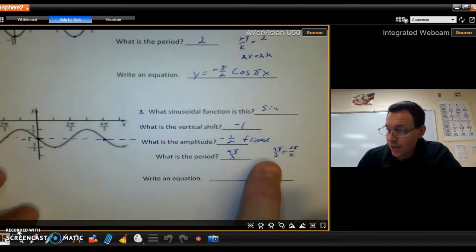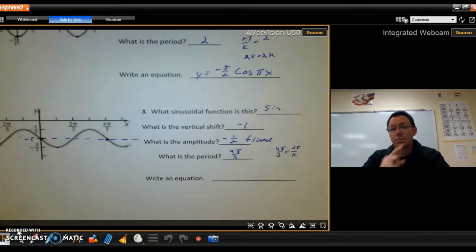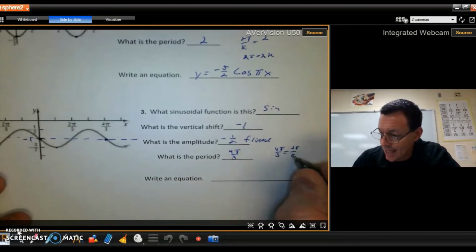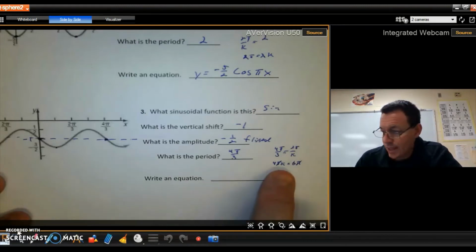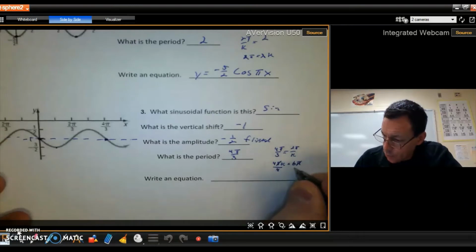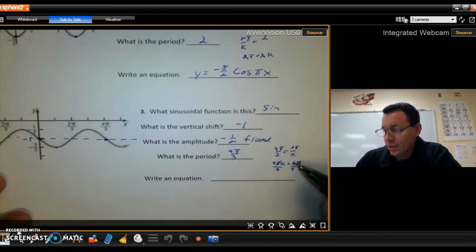All right, so I've got a fraction equals a fraction. First thing I'm going to do is I'm going to cross multiply. I'm going to take this k times the 4 pi, 4 pi k. I'm going to take 3 times 2 pi, which is going to be 6 pi. All right, so let's see what's going to happen. First off, notice these pi's are going to cancel. You got a pi on both sides. And so now the only thing in front of the k is a 4. So I just need to divide everything by 4. Now, don't leave this. 6 over 4 is 3/2. So 3/2